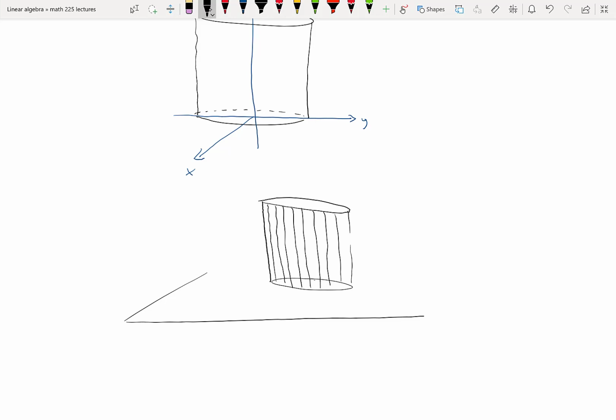And that is the definition. That is the definition of a cylinder. It's a curve, a line that passes through that curve, and all the other lines that pass through that curve that are parallel to that first line. If you missed that,